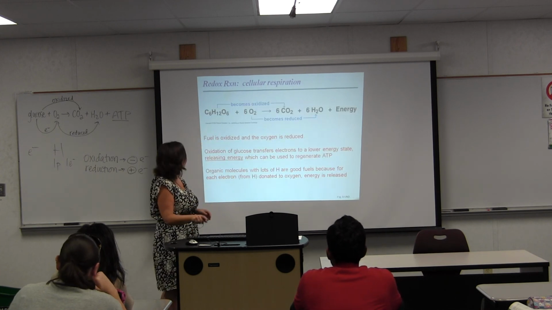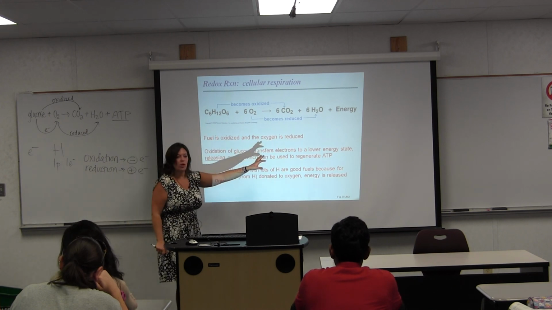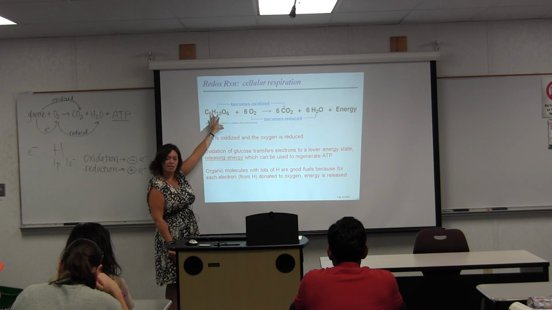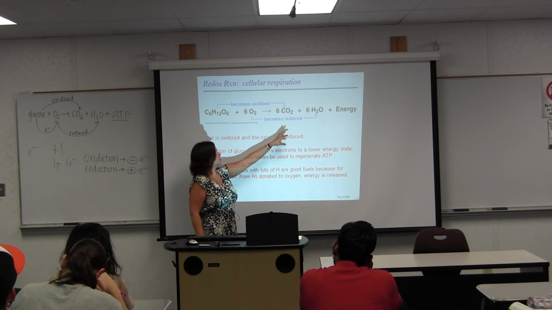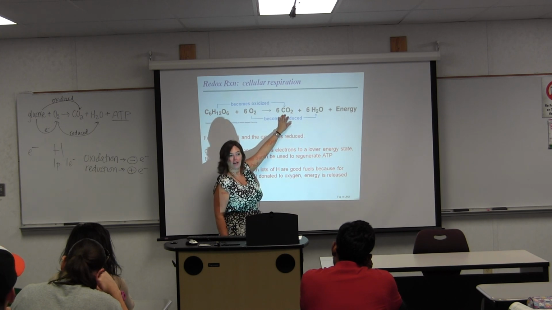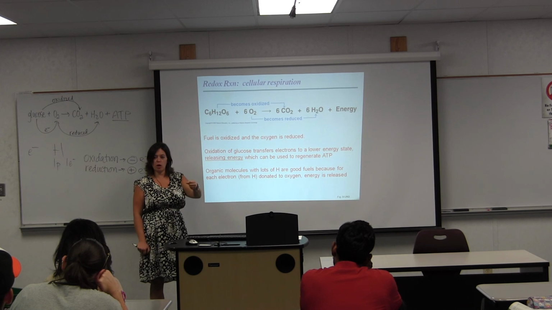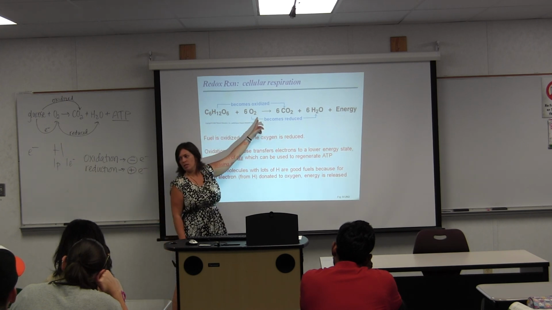That's good, all right. Okay, so again, just to reiterate, here we have our equation, taking these electrons away from glucose, we're oxidizing glucose, and so when we oxidize glucose, you're going to end up with some carbon dioxide, and all those electrons that we strip away from glucose, we're going to turn around and give them to oxygen. So by adding